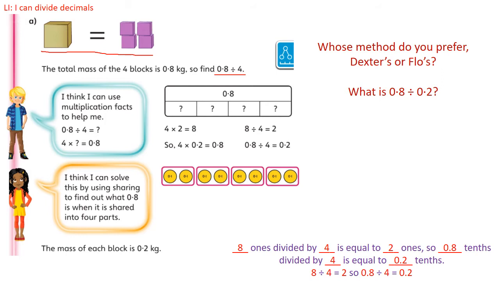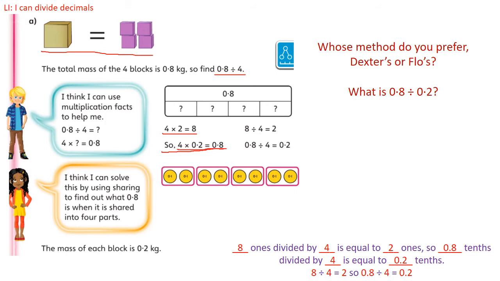So I know that 4 times 2 equals 8. So therefore, I know that 4 times 0.2 is going to equal 0.8. So 8 divided by 4 equals 2, and 0.8 divided by 4 equals 0.2. So we have been able to prove, using this bit here, that our stem sentence is correct. However,